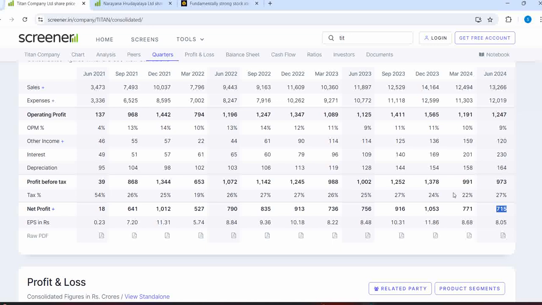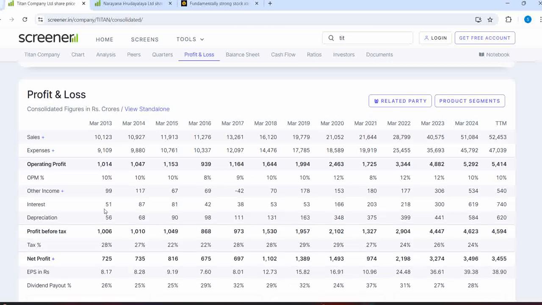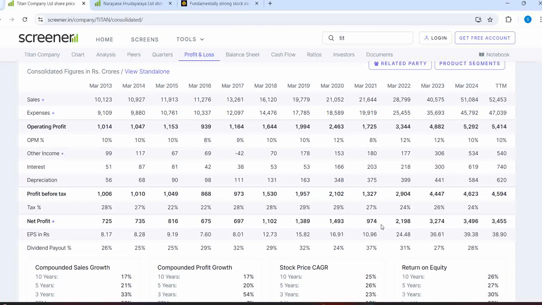Just we have to make sure of it. Let's see. So with respect to the yearly net profit, just check. It is 974,21333. See, this is where the stock is now. It is in consolidation phase. Titan. The reason is because